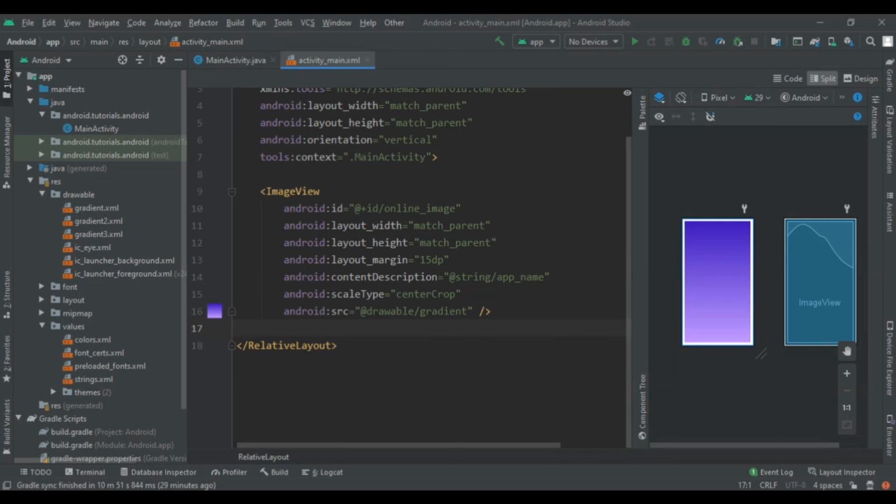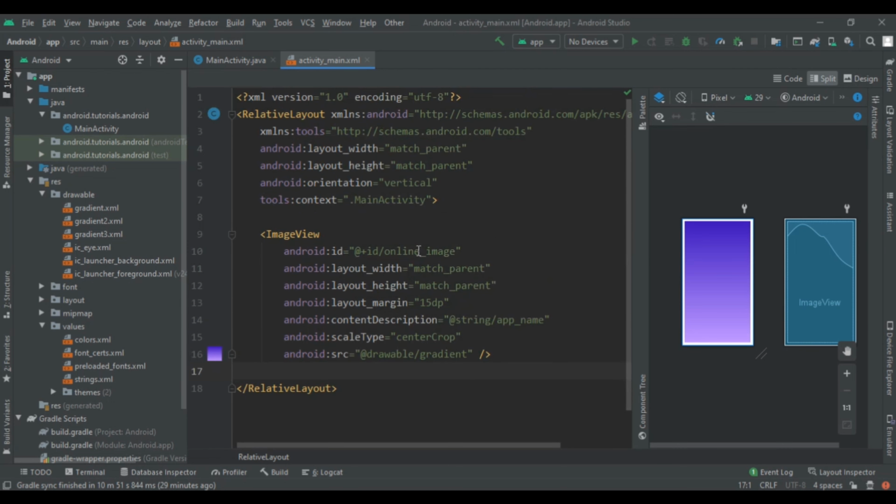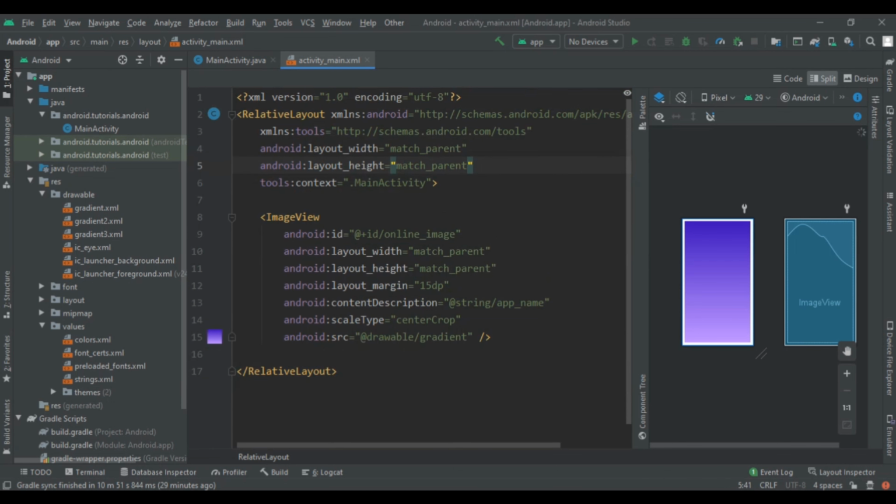After that we are going to add the design in our application. For the design part, I have taken a relative layout. You can take whatever you want. I changed my constraint layout to a relative layout and gave it a width and height of match parent.